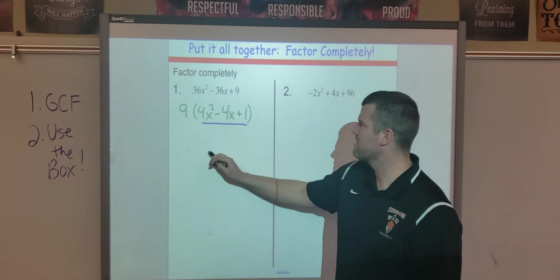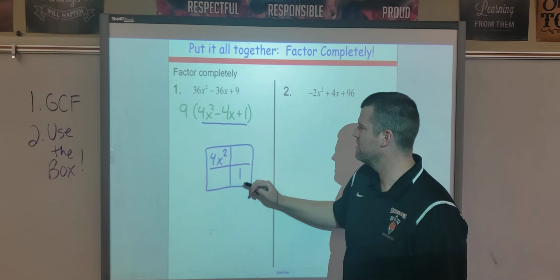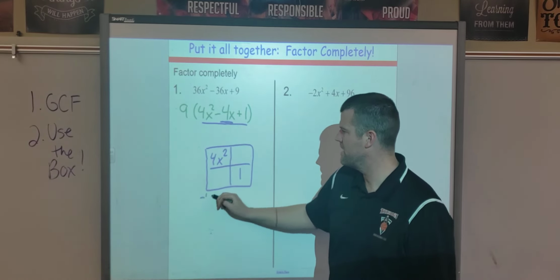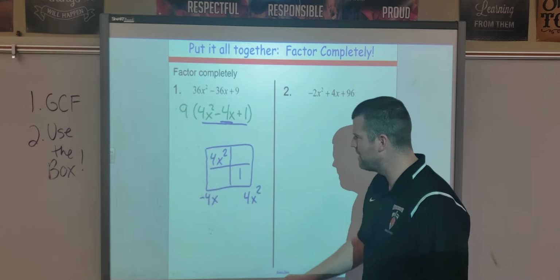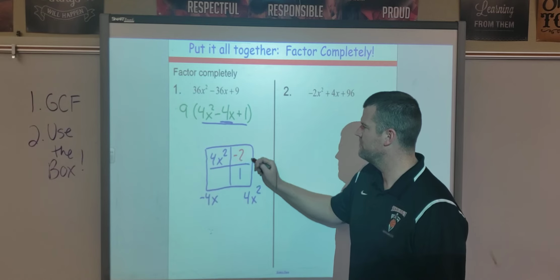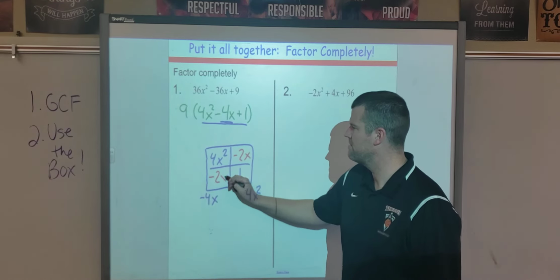First term, first box. Last term, last box. We need to add to the middle, so add to a negative 4x, and then we need to multiply to a positive 4x squared. So we sit here, we brainstorm a little bit, and eventually we get to negative 2x and negative 2x, which